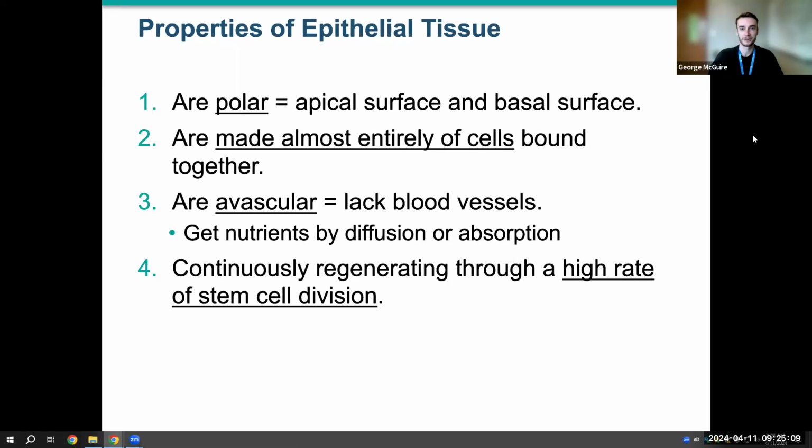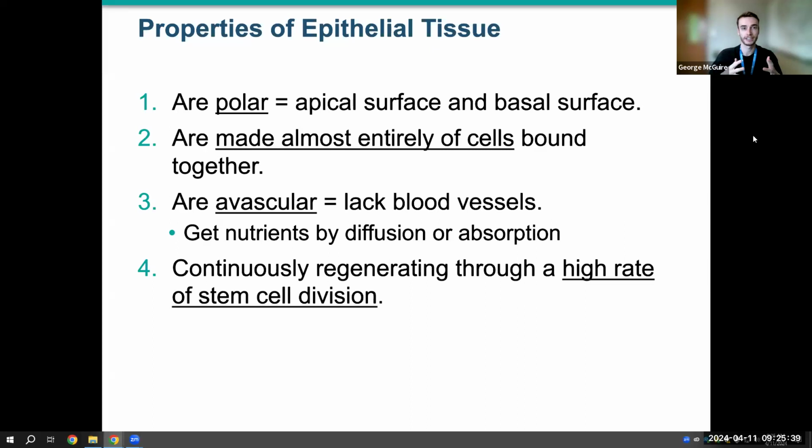Okay, got the PowerPoint back up. Our third property of epithelia is that they are avascular. So the blood vessels do not permeate all the way into a majority of the cells that are making up our epithelia. So they are going to get most of their nutrients and remove most of their waste via diffusion or osmosis. And then the fourth property of epithelia is that they have the highest rate of replication and division,